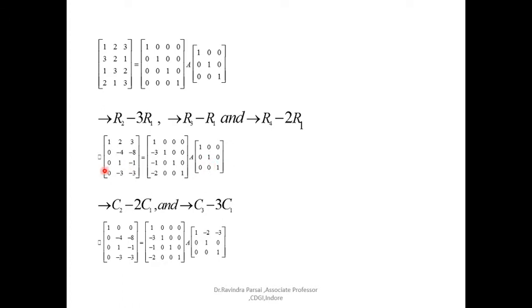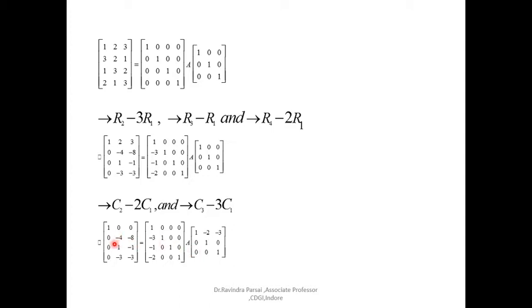Now you reverse this process. Having applied row operations, now you apply column transformations, with the help of which you make the front elements 0. This position element becomes 0 when you apply C2 minus 2 C1, so 2 minus 2 is 0, and C3 minus 3 C1, so 3 minus 3 is 0. You apply this first on the left side matrix, and then go to the right hand side matrix.